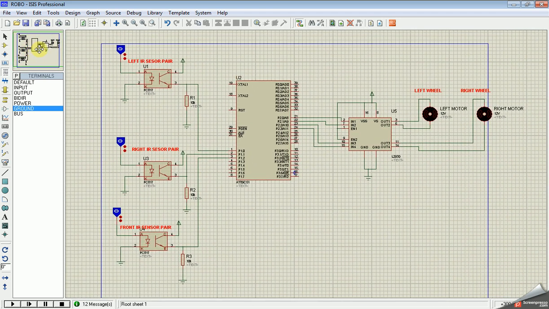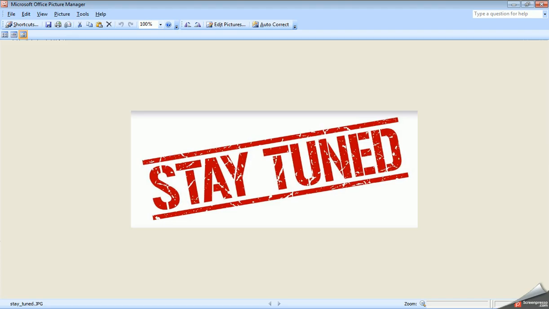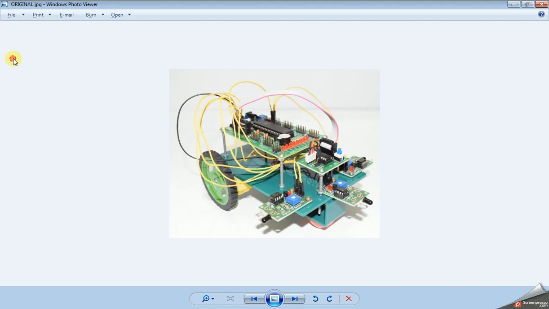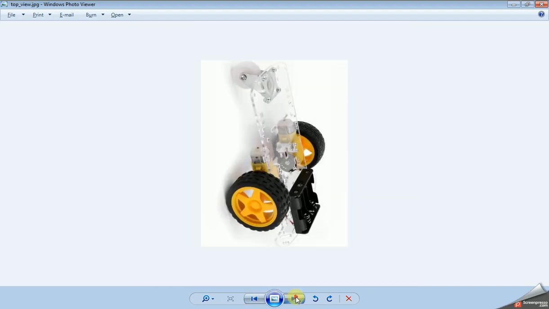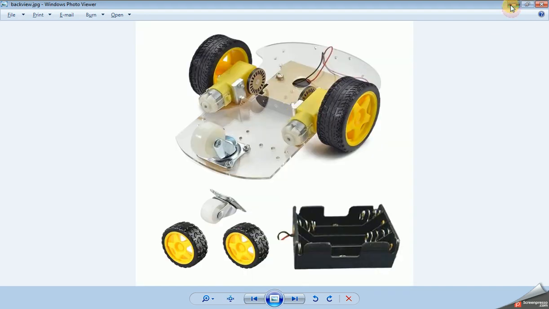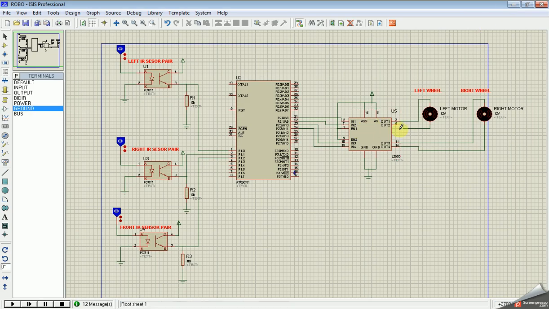On the output side, there are two motors connected to the left wheel and right wheel as shown here, through a relay driver IC, sorry, motor driver IC.